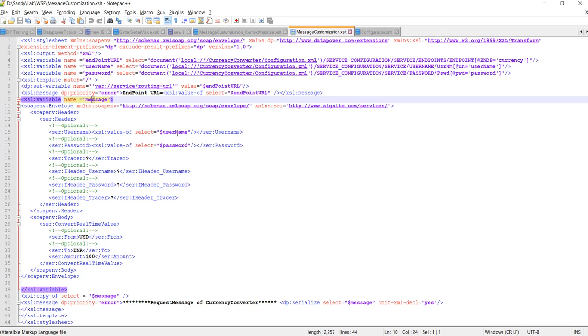In the message variable, we replaced the username and the password which we received from the configuration file, but we hard coded the from, to, and amount values in the message. But in today's session, we'll replace the username and password with the static values of the configuration file, and we'll replace the from, to, and amount with dynamic values, whichever values are passed from the SOAP UI.